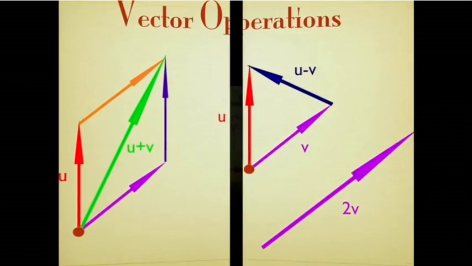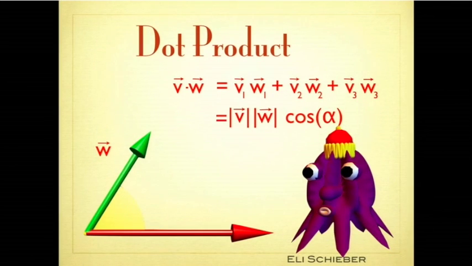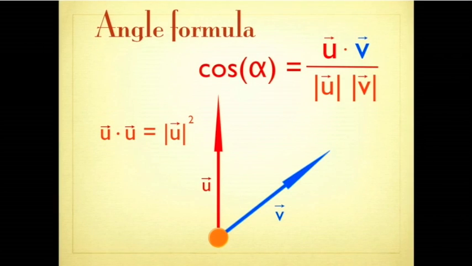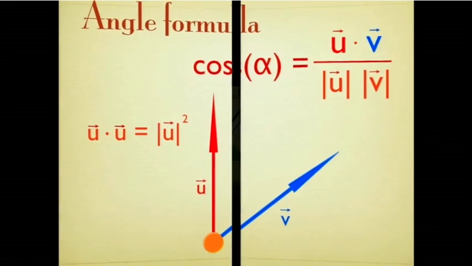And we can also form products. One of the important products is the dot product, which you have seen a lot until the very end in Stokes' theorem, when we do flux integrals, for example. So this is the algebraic definition. And very important, we can use this dot product to compute angles between two vectors. So this is the angle formula. It was just solving for cosine alpha. And it also allows us to compute lengths. So both lengths and angles can be expressed using the dot product.